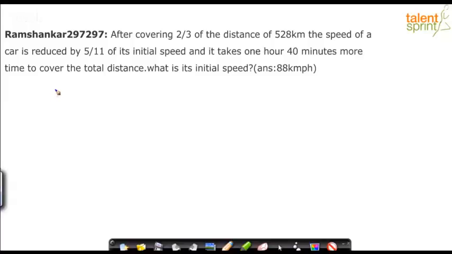So let's say the total distance is same in both the cases, right? D is equal to D, which is equal to 528 actually, right? So speed into time is equal to... let me do it this way. 2/3 of distance, and let's consider